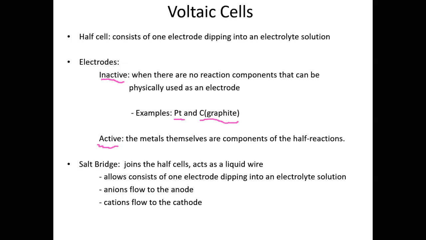Now, in addition to the electrodes for a voltaic cell, you need a salt bridge, which joins the two half cells, and it acts something like a liquid wire. The salt bridge is actually submerged in both electrochemical cells to connect them. And so the anions of the salt bridge flow to the anode, because oxidation is occurring,